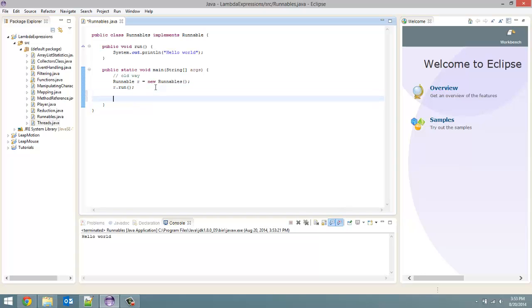Now, the new way is a lot easier, of course. That's why I'm teaching it to you guys. And actually, I'm going to say the new Lambda way of doing things. So the new Lambda way of doing things, Runnable r2, and we're going to set it equal to some Lambda expression. So we're just going to put open close brackets for our parameters, our arrow token,